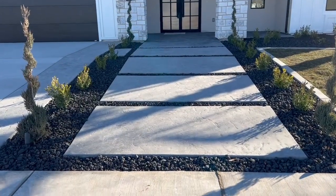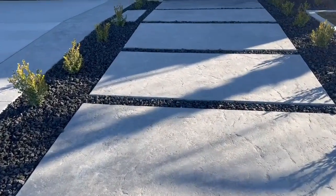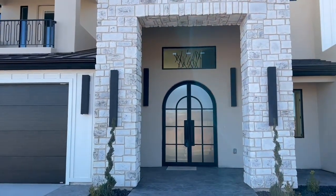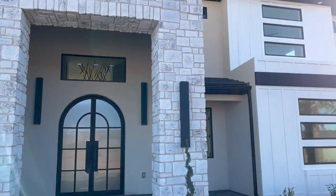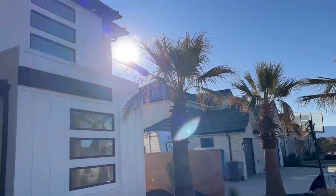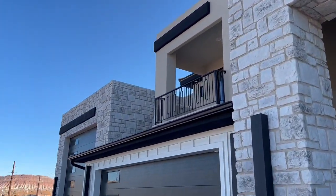So coming here right in the entryway, they spaced the concrete a little bit and did some of that black rock in between to kind of give it a nicer look. It has the nice exterior sconces, has a couple palm trees here. The front yard has a mixture of stone, hardy board, stucco,